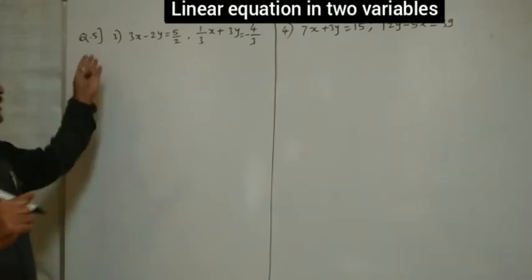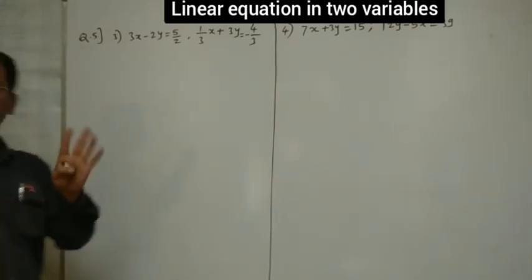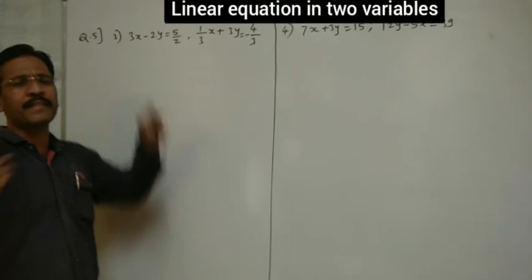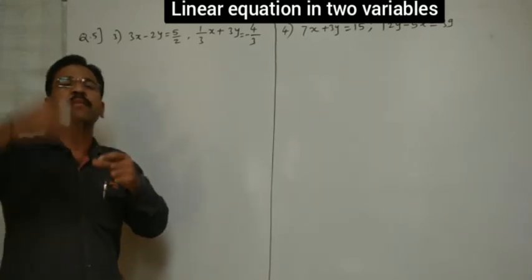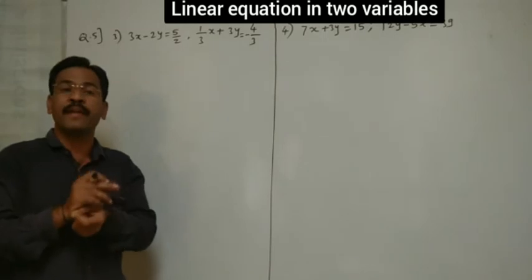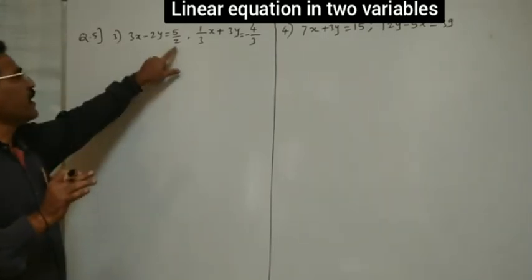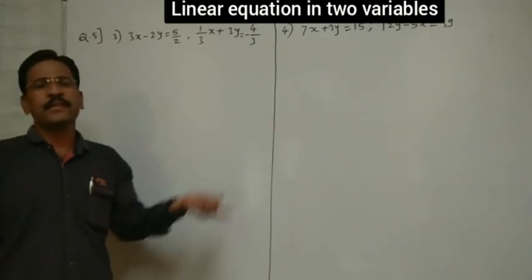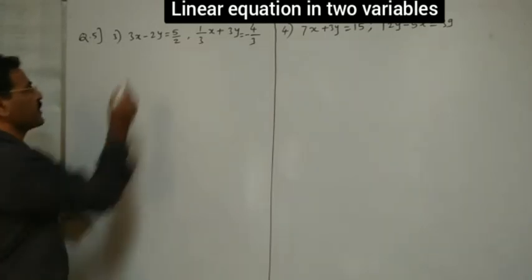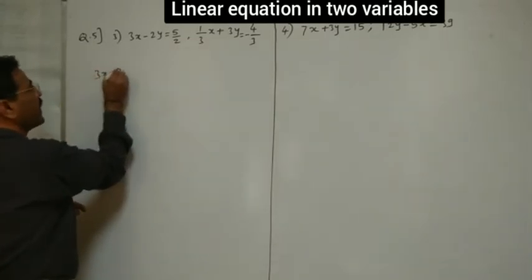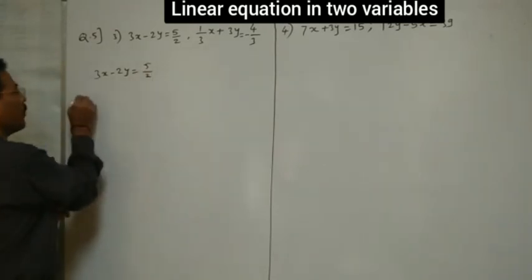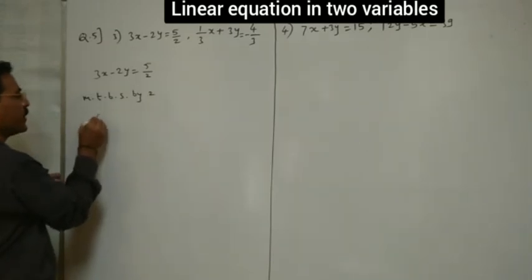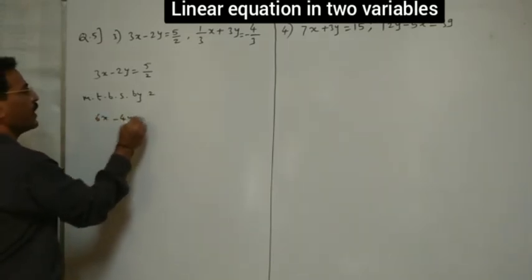Now, next, the third and fourth sums are there, using Cramer's rule. See first here. First, this should be the denominator. If you keep it as it is, sometimes in the next part it becomes complicated. That is why we can remove this by multiplying both sides by 2 here and here by 3. Then the two equations are in very neat form. See first here. In this one, we'll write first 3x minus 2y is equal to 5 upon 2. Multiplying both sides by 2, what will we get here? 6x minus 4y is equal to 5.